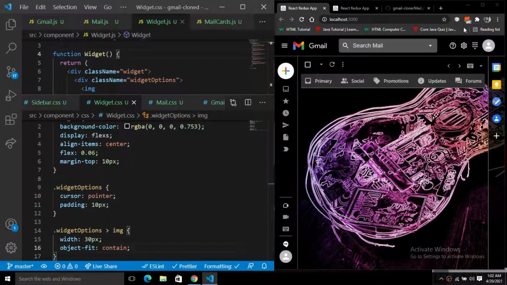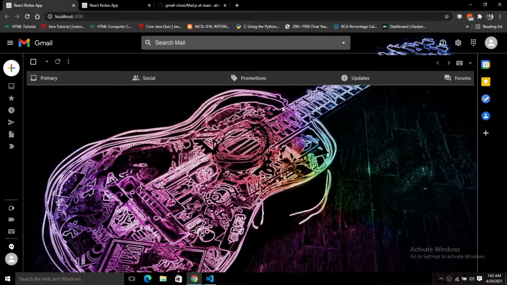You can see here we are done with the full UI clone of the Gmail clone, but the only thing that is left behind here is the React model, how React model works here. The only thing that is left is UI functionality. We are done with all the CSS stuff for styling a web application just like Gmail. The only thing that is left behind in this build is to style the mail card.